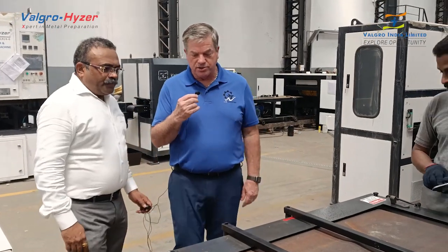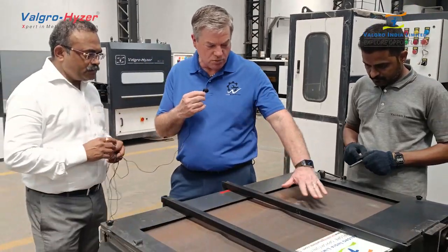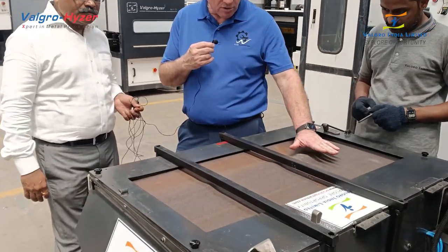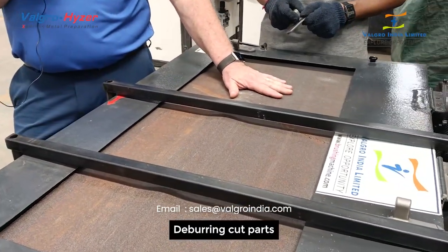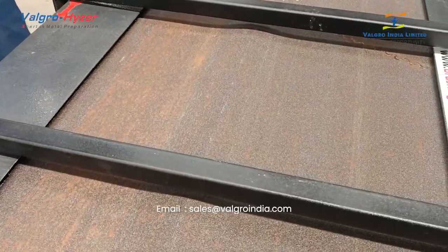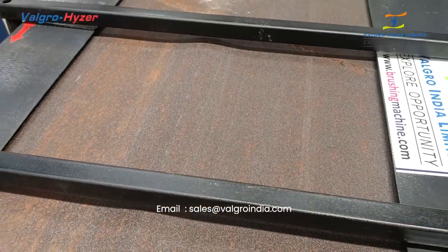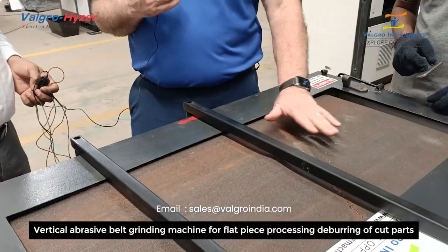So this is Valgro Hyzer's flat belt grinder. This is used in this case for a 16-inch wide workpiece. Allow us to grind a very flat, accurate lower surface of the part. Customers use it if they cut a piece of pipe and the end is burred and it's not square. They can lay it down on here and have that bottom surface be perfectly flat all the way across and